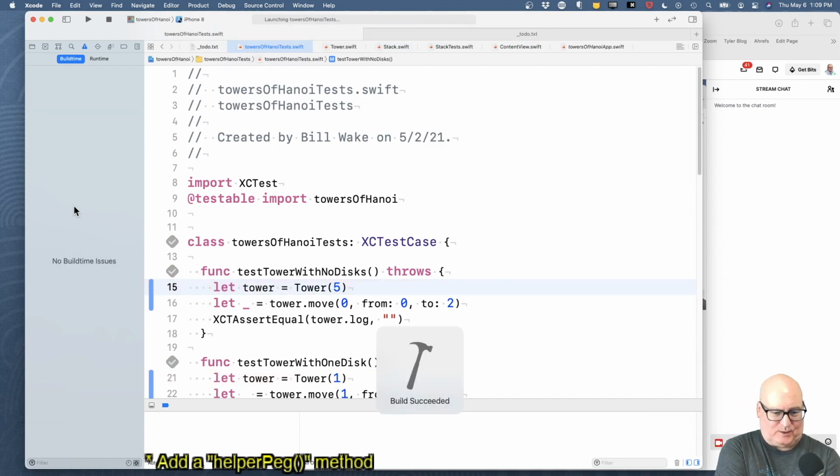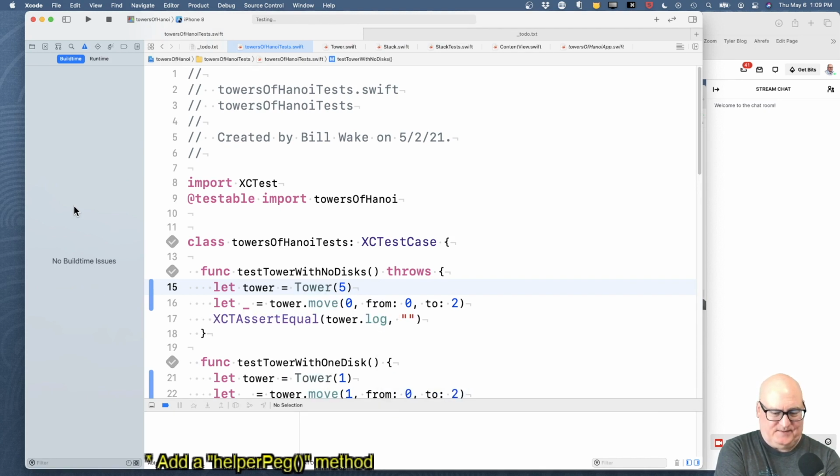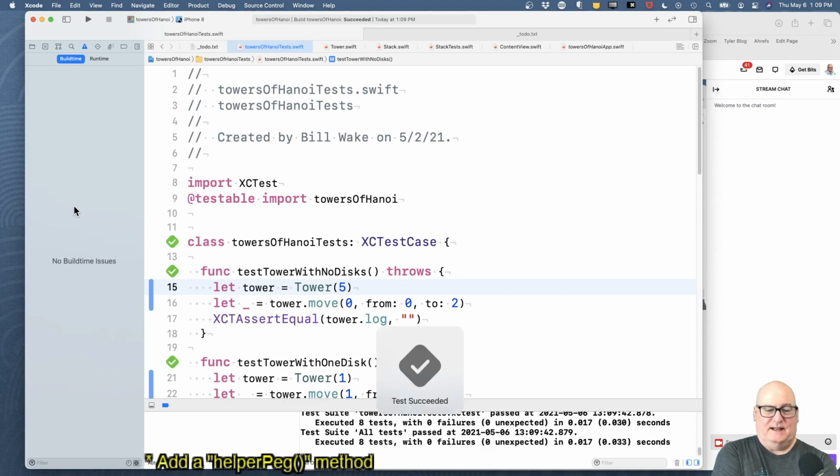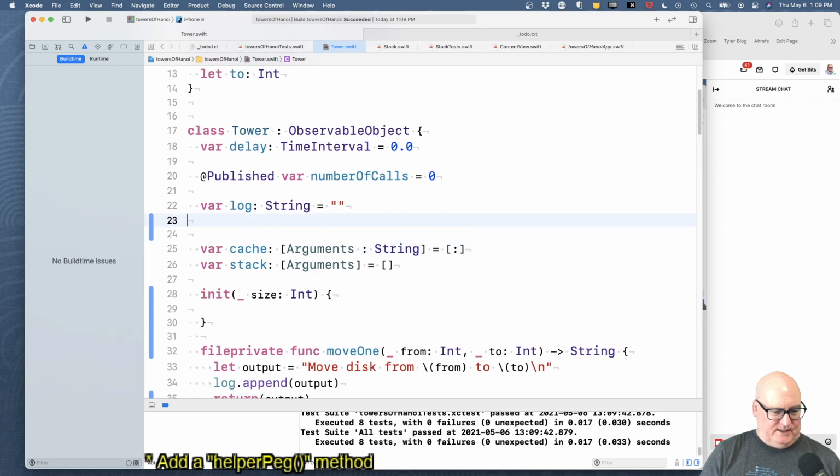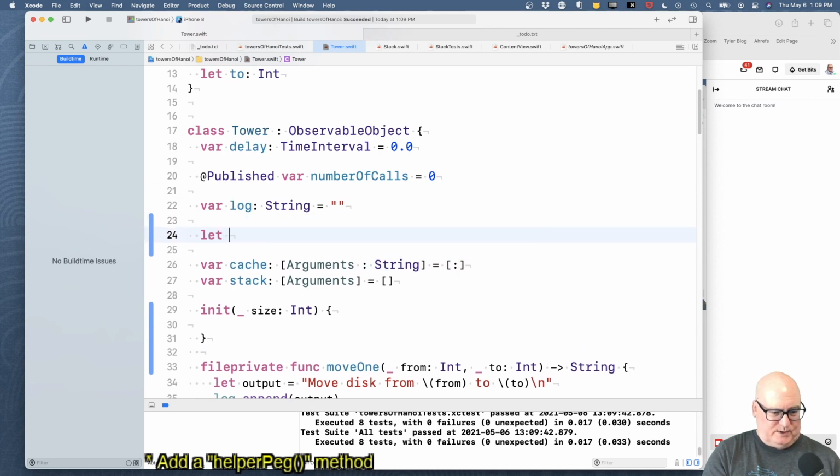Didn't realize that would have such ramifications. All right, so we'll run this test. Then we'll make the tower create those 3 things. So let's, well, almost everything in here is kind of arbitrary. So let's put the pegs